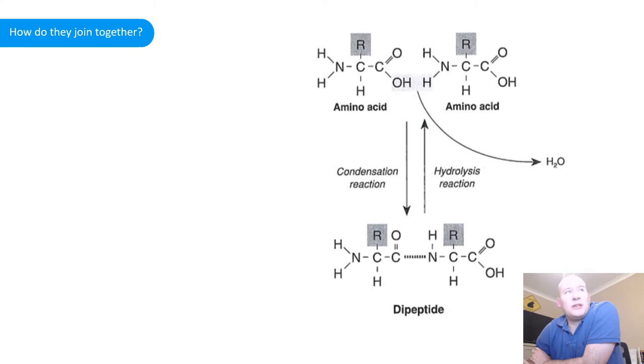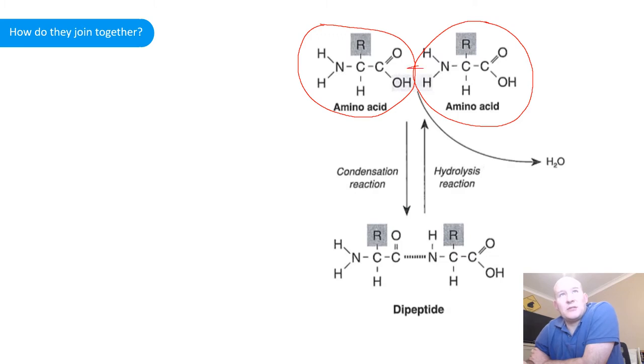So a protein is made of lots and lots of amino acids joined together, and this diagram really summarizes it nicely, because here we've got two amino acids. In order to join two amino acids together, when we present them together, we have a chemical reaction, and this molecule here pops off. We've got a hydrogen from one of the amino acids and a hydroxyl from the other, and that pops off